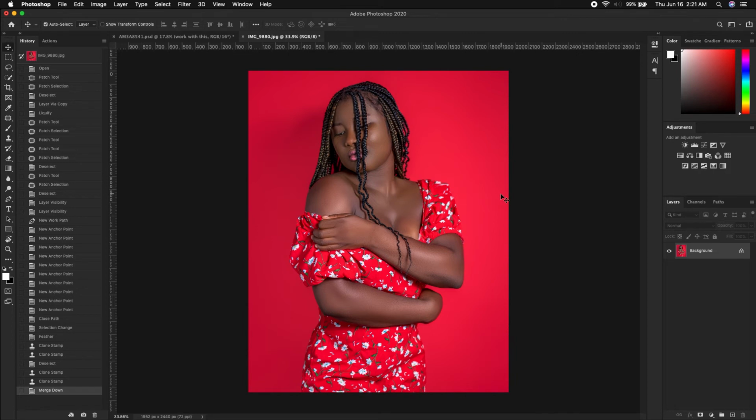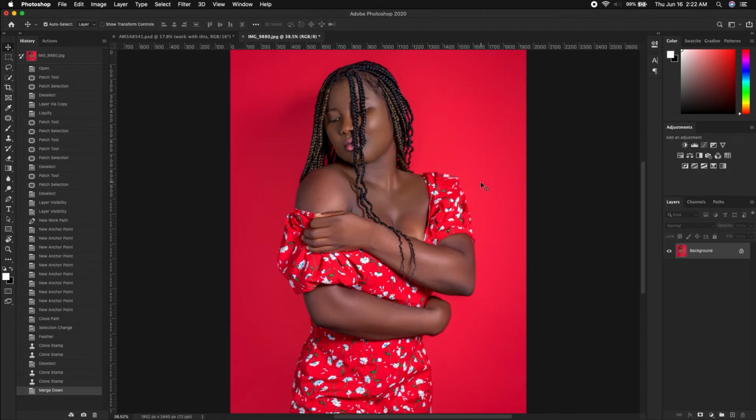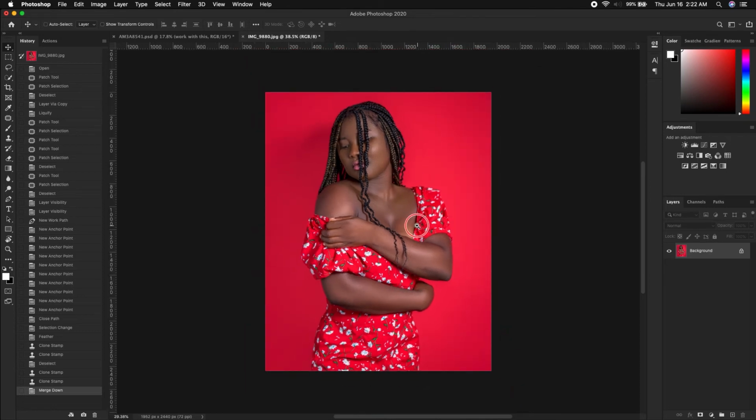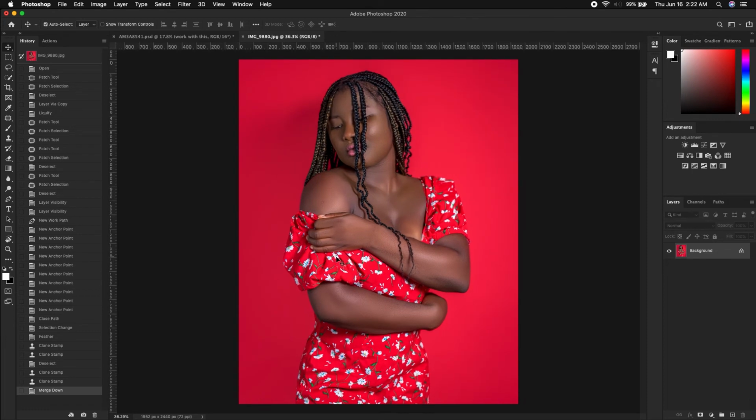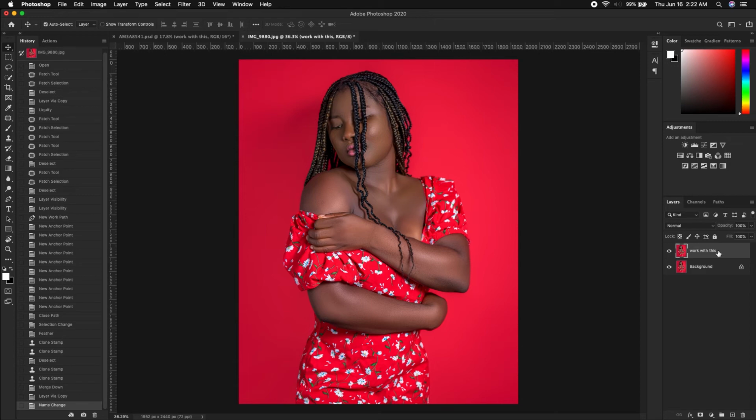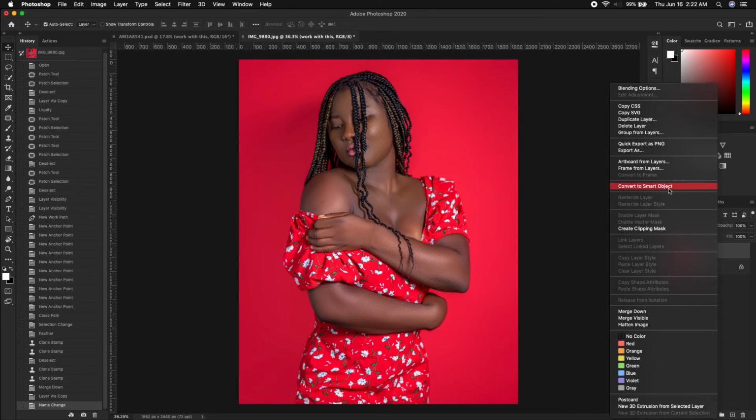We share image from the workspace. Any problem there? Because of the concept you have as a photographer or as an editor, you can make changes. First, create a duplicate layer and rename it. Work with this duplicate layer, right click and convert it to smart